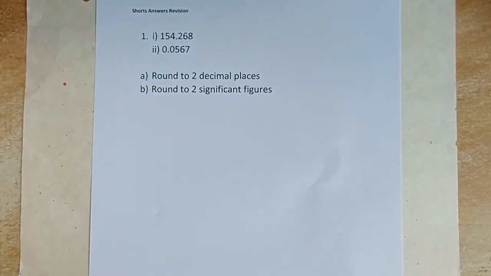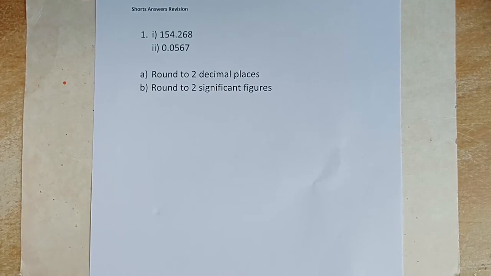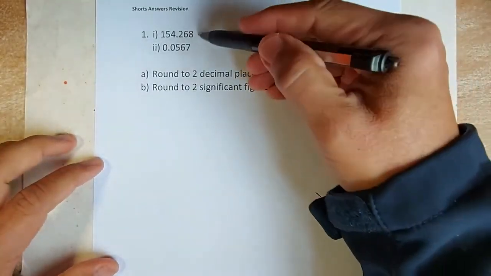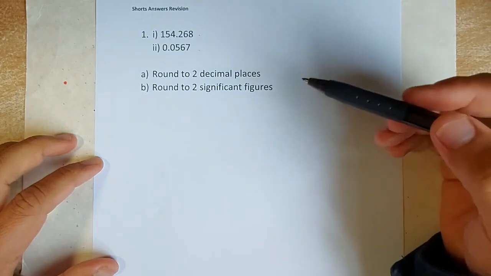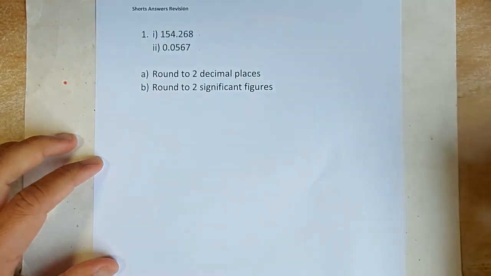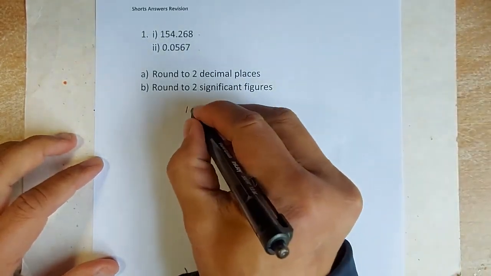Mr. Ong Math's lesson again. Today, we are going to look at 10 simple short answer questions from the Year 9 and Year 10 examination, and hopefully you can ace them. Okay, the first question asks you to round the two numbers here to two decimal places, followed by two significant figures. So we shall do the first one,